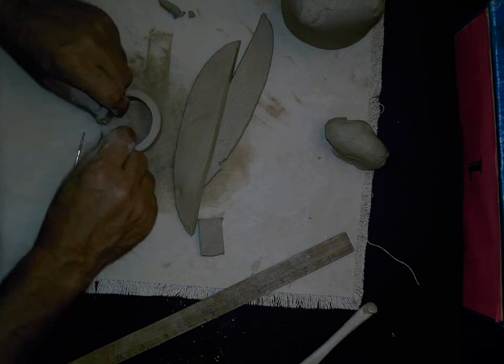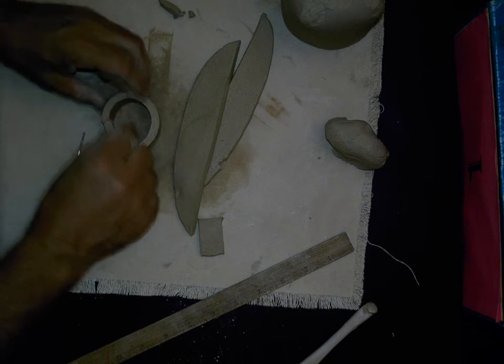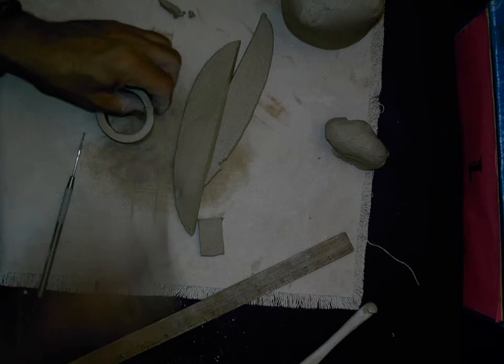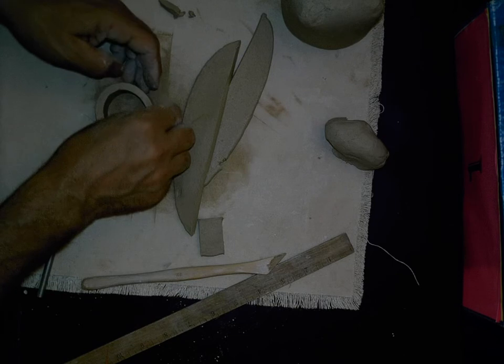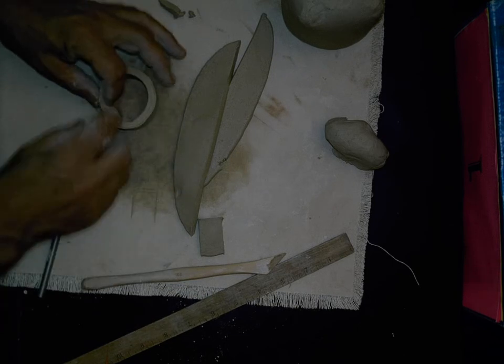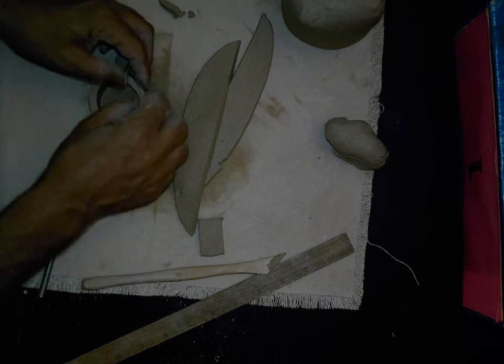And then seal it up. What shape do I want? Circle, yeah. You could actually make it different shapes. It could be more squared. Okay, but I definitely don't want these things coming apart, so I want to take the time to make everything